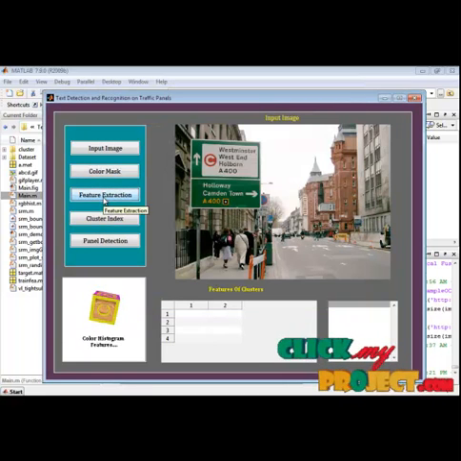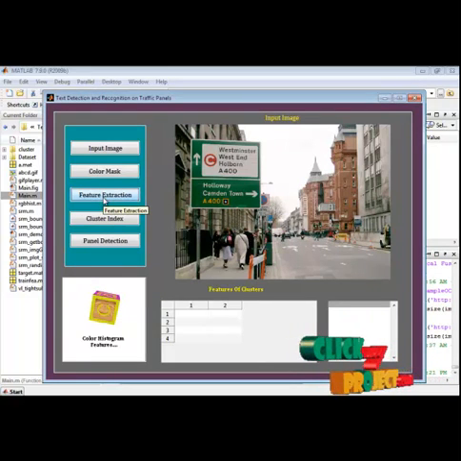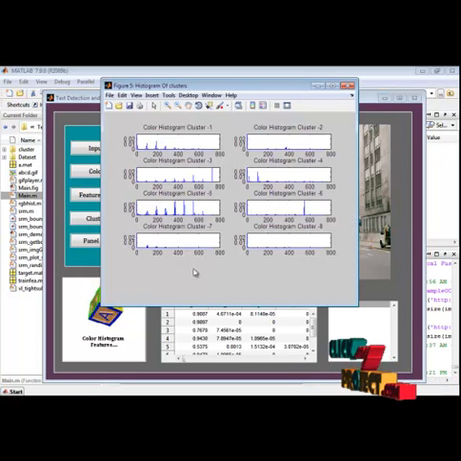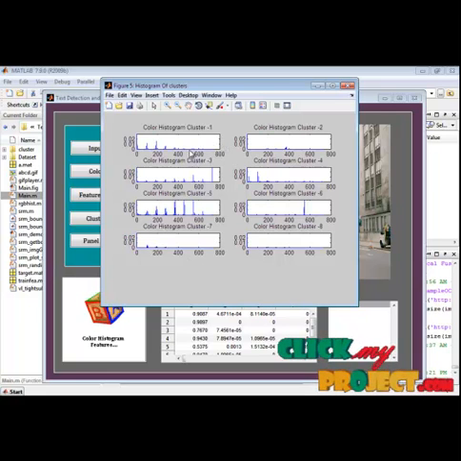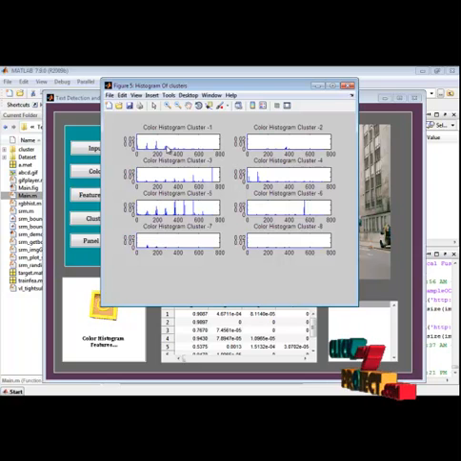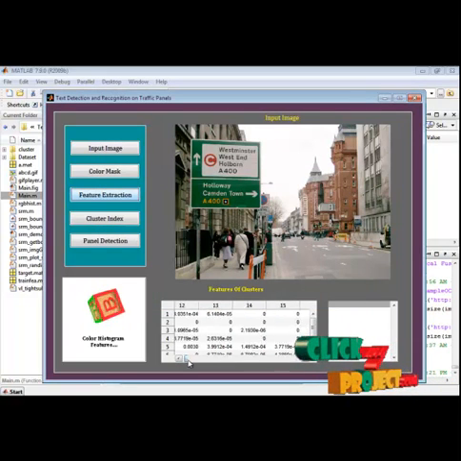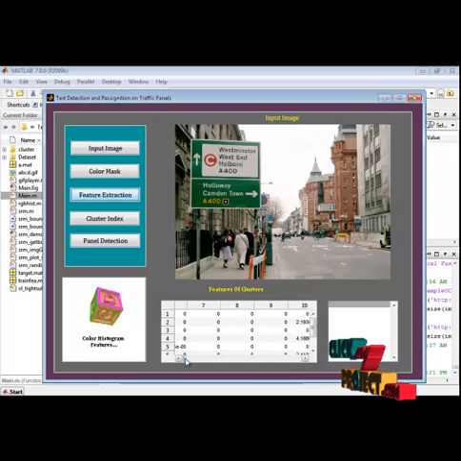Then we extract the feature. The feature is based on the color histogram. This is the color histogram of our generated cluster images. The extracted feature values are displayed in this table.